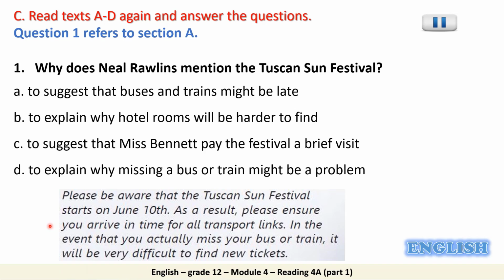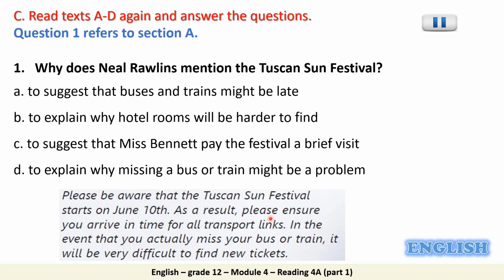Well, this extract will help you answer question 1. The question is asking you about the reason Neil mentions the Tuscan Sun Festival. So here we have the Tuscan Sun Festival. As a result, so there is a relation between this sentence and the sentence that follows. And in here we have